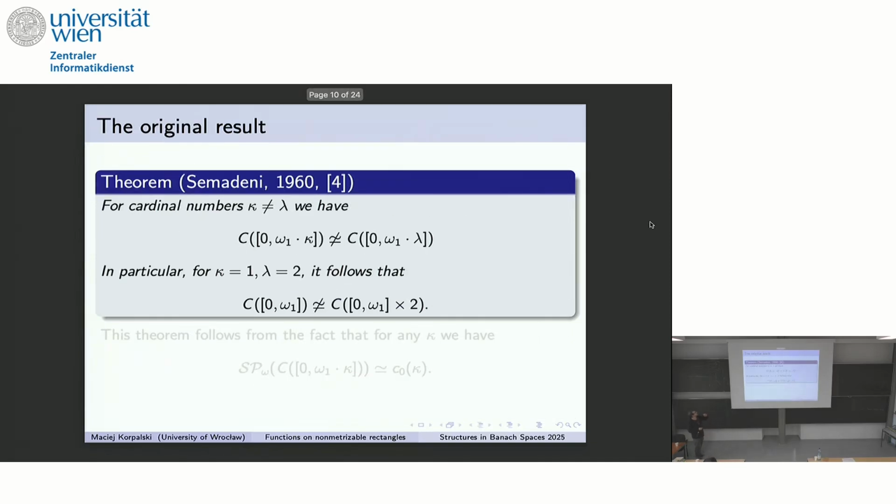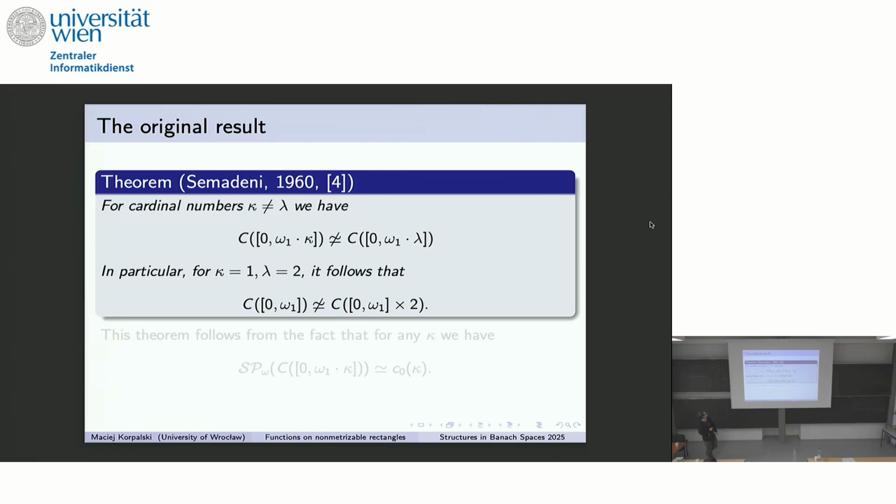And well, this is why it is Semadeni and why Pełczyński is there. So the point is that there is this paper from the 60s about a Banach space non-isomorphic to its square. It's actually not only not isomorphic to its square, but not isomorphic to any of its powers, because this result by Semadeni is way more general.